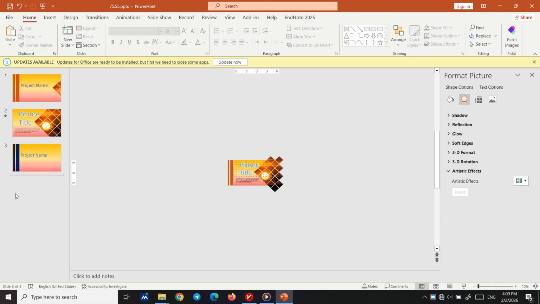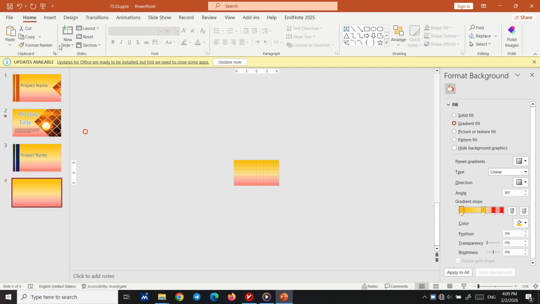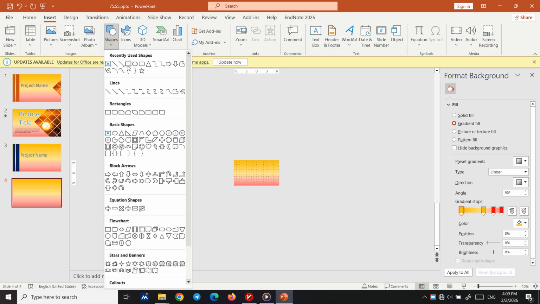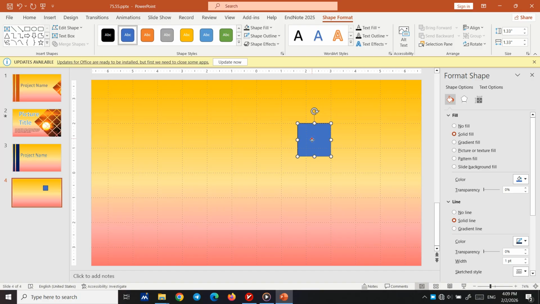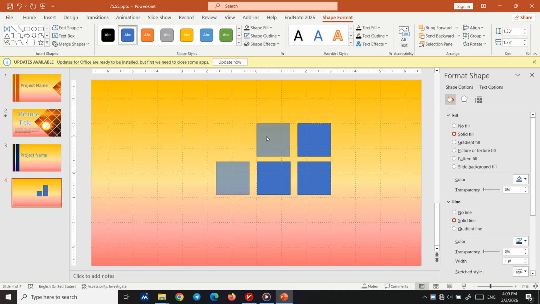So how do I create this? This is just a simple trick. You need to insert a shape by holding Shift, so create it in the first place, and hold Control to create a copy of that. Then just copy them like this,